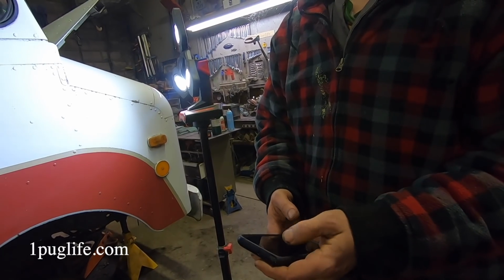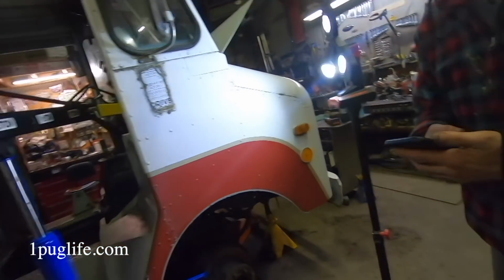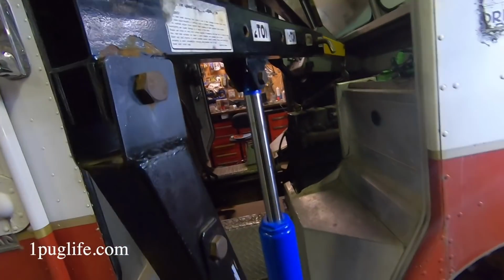Oh no, I can't see. Oh, I like that. 11:27. Supposed to be here at 8. What happened to 8? Oh, the bus. That's right. The bus to Inwood. Okay, here, I'm going to guide that. You give it some pumps, and then we'll have to grab that bar, and then we'll,